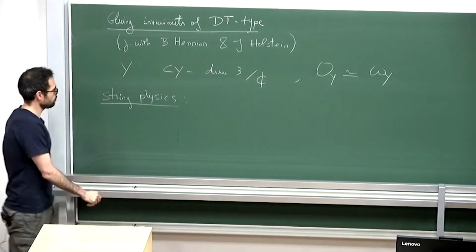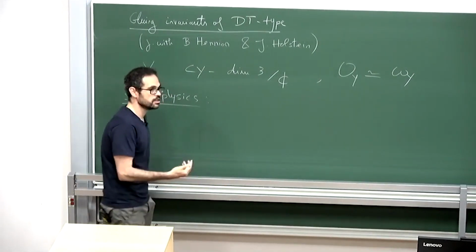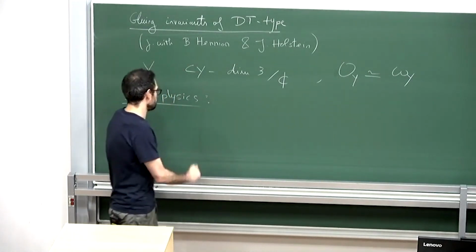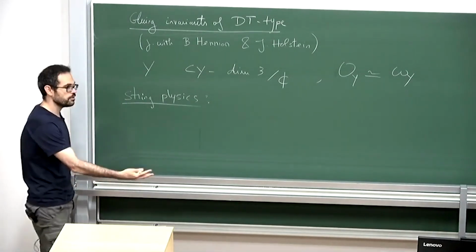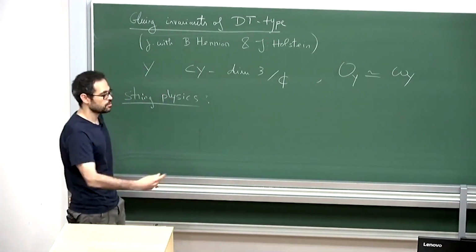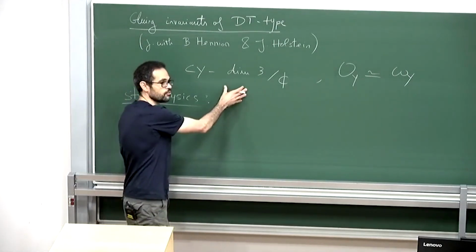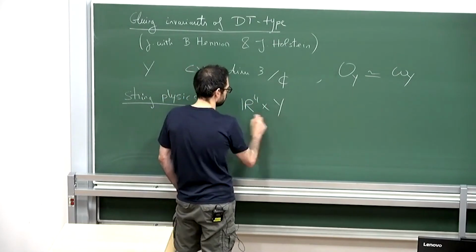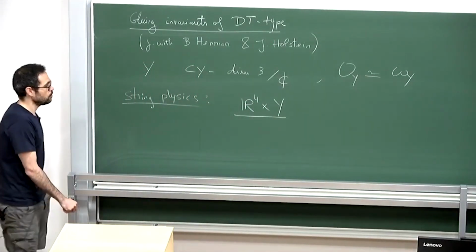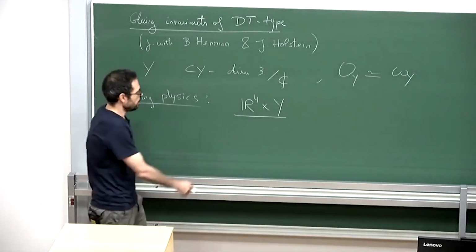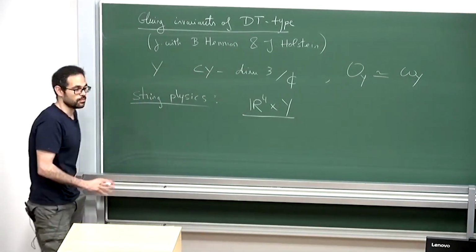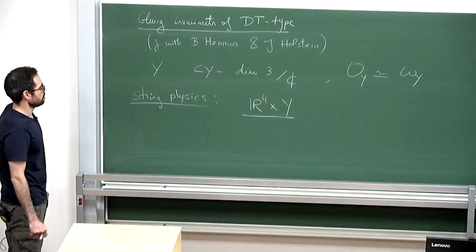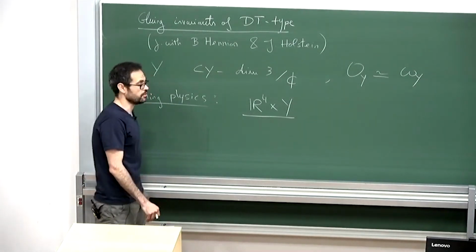And what string physics suggests, actually this is Witten, Candelas, Strominger, is that in general relativity, the geometry of space-time dictates forces, it says gravity. If you want to do the same for other forces in the framework of string theory, you have to assume that space-time is locally of the form R4 times a Calabi-Yau. I don't know the reason for this, okay? It's not my expertise. So this is the beginning of the Calabi-Yau story in this context of Donaldson-Thomas invariants.